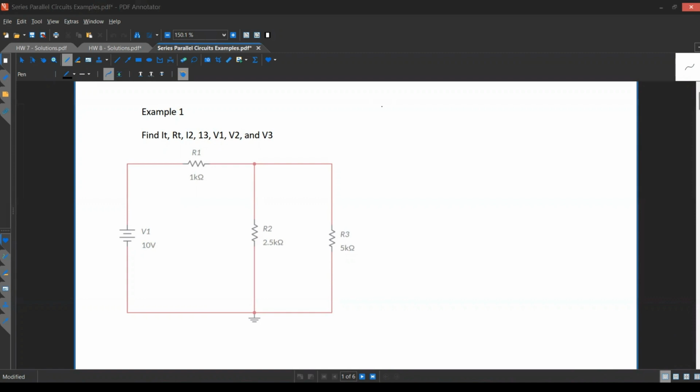So let's take a look at a few examples involving a series, parallel, combination of resistors. What I'm going to be doing in these examples, I'm going to try my best to solve for all the variables, such as the voltage and the current through each resistor. And also, I'm probably going to throw in some other ways to go about doing it, just so that you